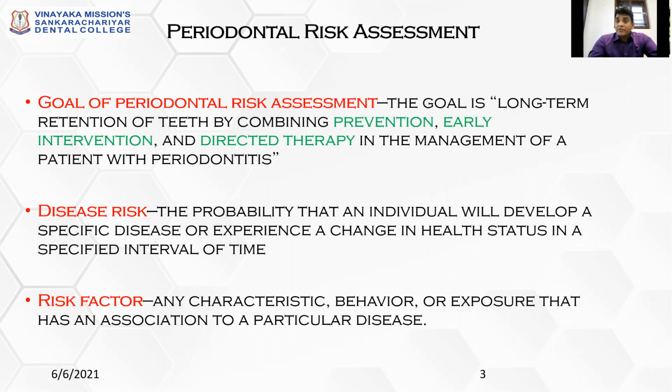Have you heard of Happy Japan 21? This is nothing but, in the year 2020, the Japanese Dental Association, in association with the WHO, formed a World Federation International and set a 10 years goal plan, that is, by 2030, a patient of 80 years of age should retain at least teeth till the bicuspid, that is 20 permanent teeth. So that shows the importance of periodontal care, which is right now in the World Dental Federation.